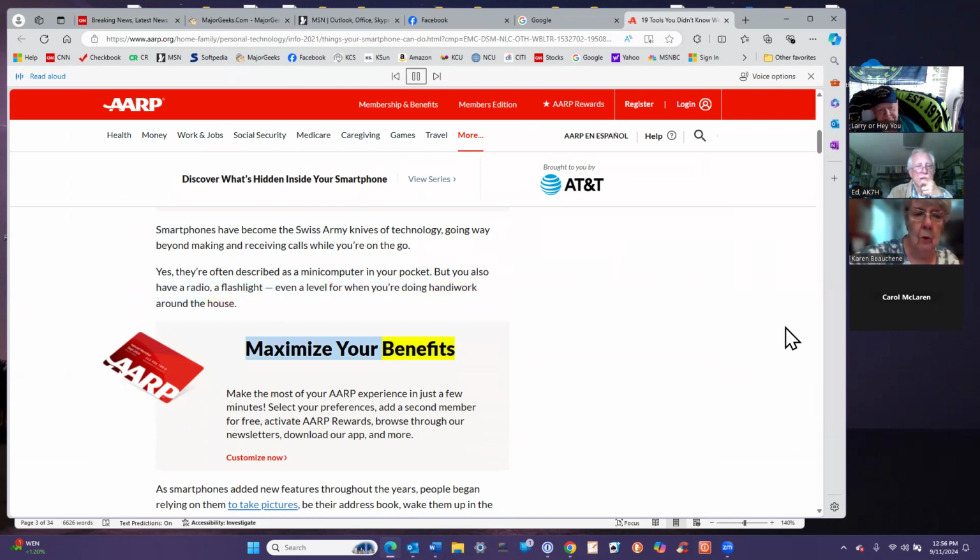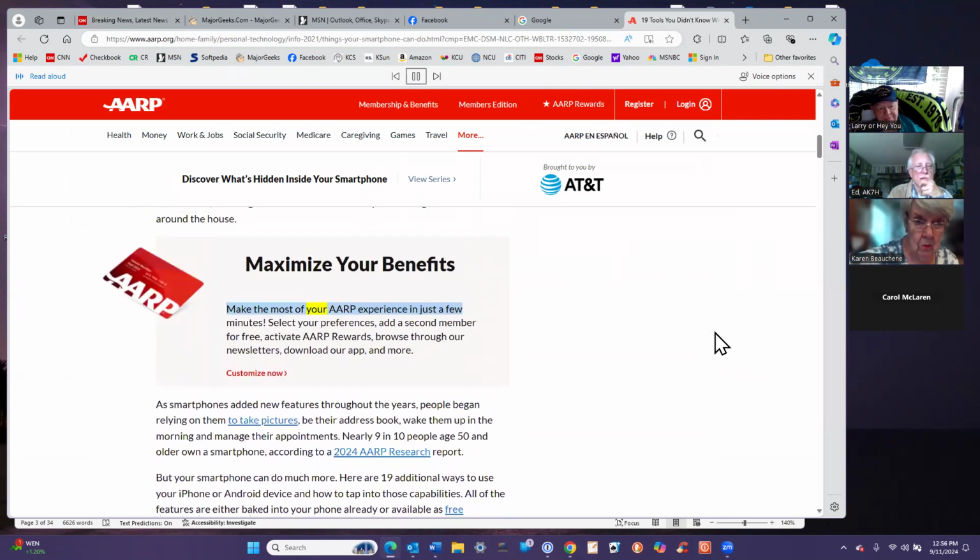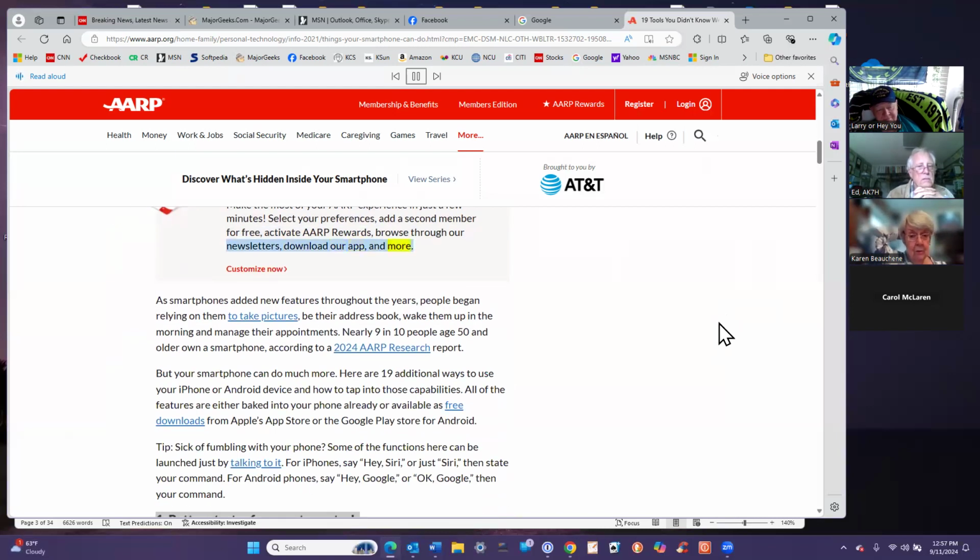Maximize your benefits. Make the most of your AARP experience in just a few minutes. Select your preferences, add a second member for free, activate AARP rewards, browse through our newsletters, download our app, and more. Customize now. As smartphones added new features throughout the years, people began relying on them to take pictures, be